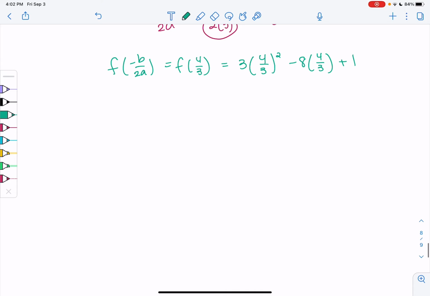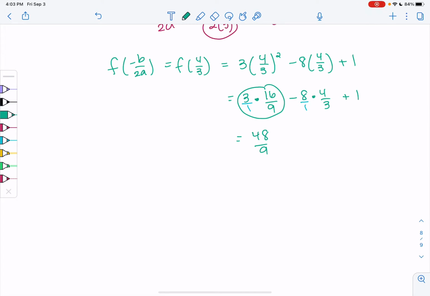All right, let's practice this a little. So 3 times, and then 4 squared is 16, 3 squared is 9. Minus 8 times 4/3 plus 1. If it's helpful, you can write the 3 and the 8 over 1 to help remind you how fractions work. And then we'll go ahead and simplify each fraction, right? Because multiplication comes first, and then we'll do the adding and subtracting. So this one we'll get 3 times 16 is 48 over 9 minus 32 over 3